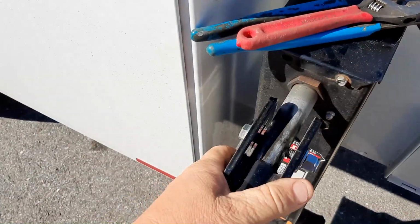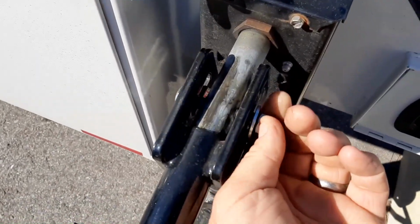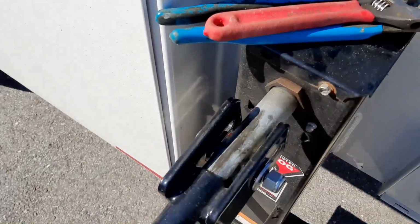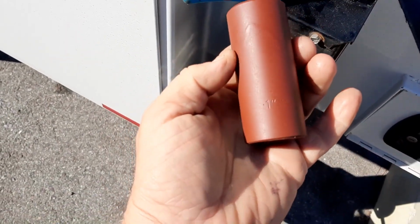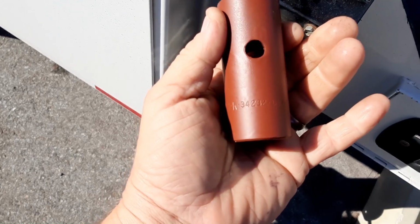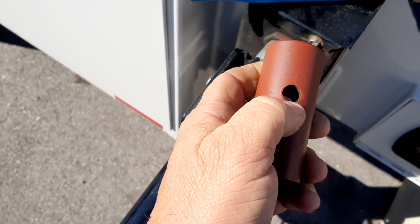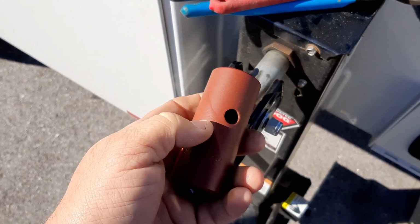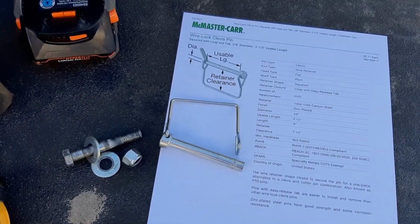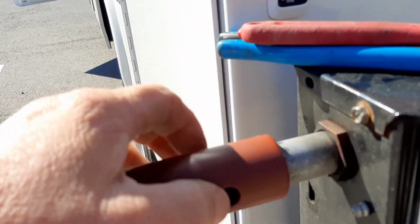Alright, so you need to take off the nut and the bolt. I'm going to do that in a moment. And then we're going to take an SK 1-inch socket, part number 34232. At the end of this video, it's going to show how I drilled it. I'm going to put it on there and bolt it through. Alright, so, lining up the socket to the hole,